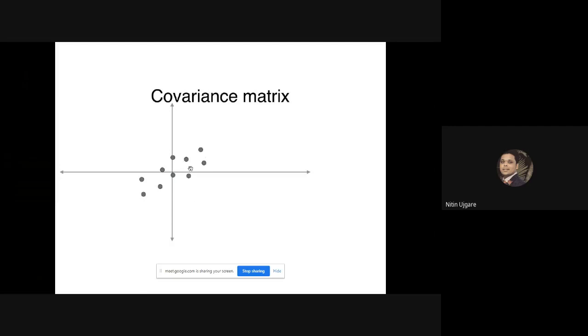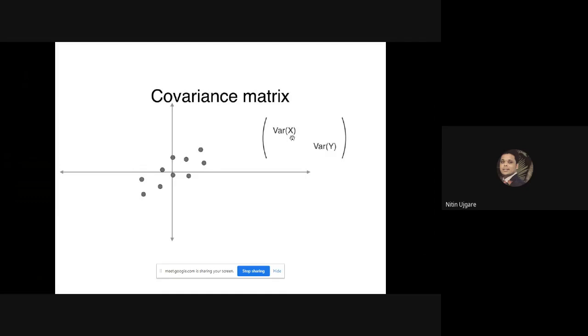So we have seen that this is the set of data points that we have transformed after normalization. We have transformed this point to this place. Now if I want to describe this point, I have to use the concept of covariance matrix. So covariance matrix is a matrix which is also called a symmetrical matrix. Why it is called a symmetrical matrix, we will see later on.